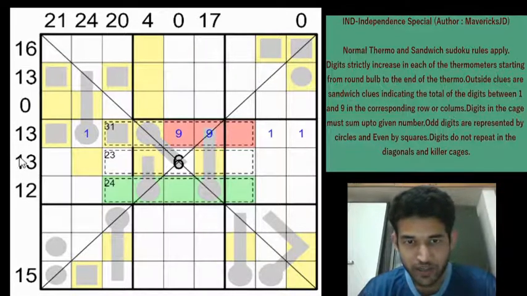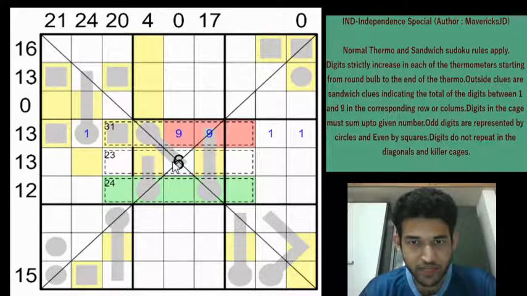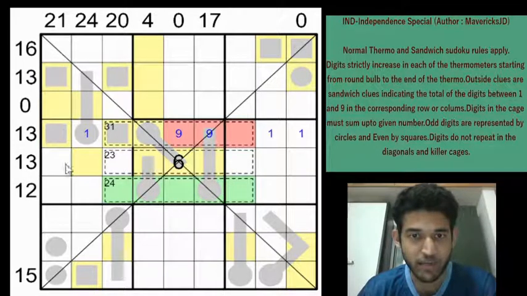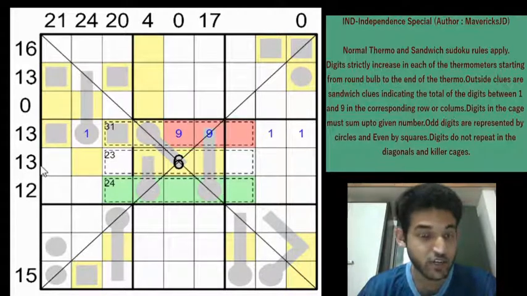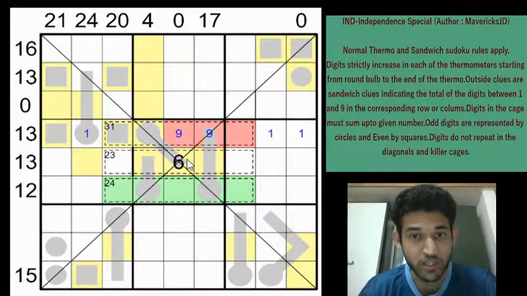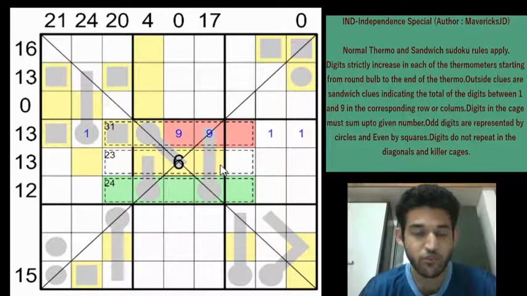Right. If you look at row 5 now, we have marked 3 cells which cannot be 1 or 9, right? 6 cannot be 1 or a 9. And this cell we have already eliminated as not being 1 or 9. So what happens is that you can't have 1 and 9 both in either box 4 or box 3, because then you will have only 1 cell between the 1 and 9, and we need at least 2 cells for the 13 to be achieved. So minimum you will have a 1 and 9 here and 1 and 9 here, right? You can't have 4 cells gap between 1 and 9 because, as I said for the row 4 clue, if you have 4 cells between 1 and 9 without the 1, then you will reach a total of 2 plus 3 plus 4 plus 5, which is 14.